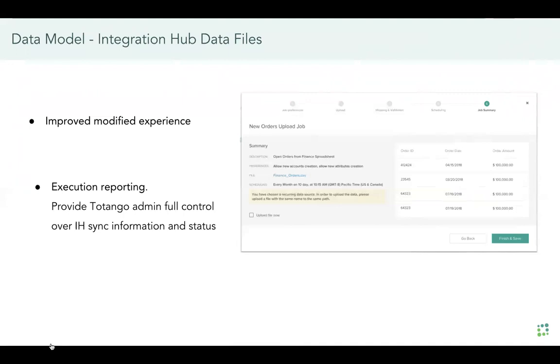And more than that, this will enable you to activate a flow or a workflow as a result of that. So if one of the uploads fails, you can trigger another upload automatically after that. If one of the uploads was successful and you want to trigger some other events that will happen as a follow-up, you will be able to do that using the execution reporting mechanism that we are providing. In addition, we would like to make sure that your experience using the integration hub will be better, so we are adding additional capabilities and usability features around that as well.